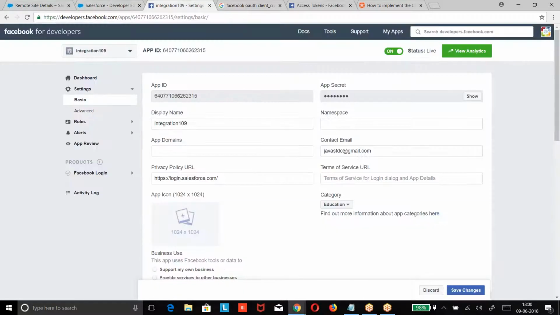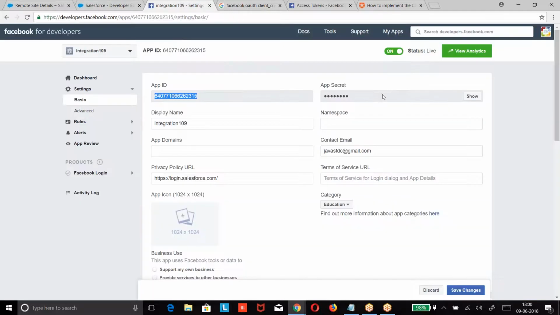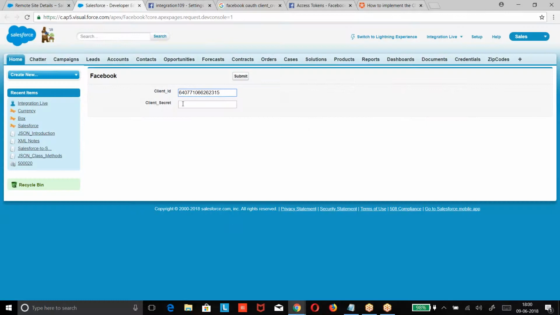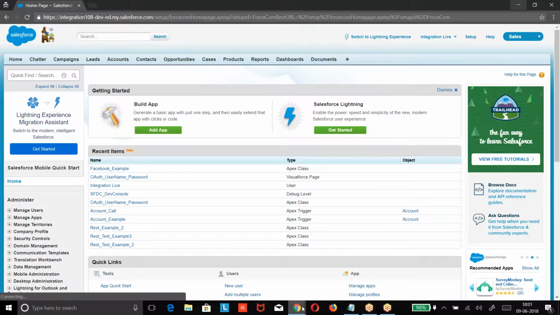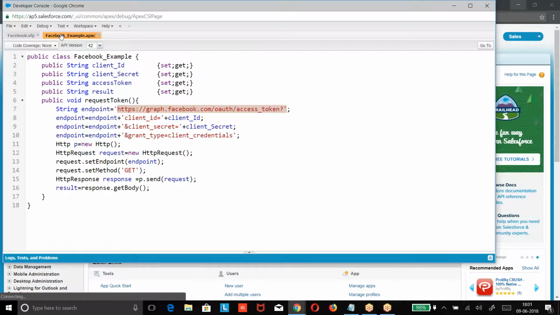We had a client ID. Submit. So what did we receive here? Access token. Once we received access token, we can request whatever the resource we want from the Facebook. Once you receive the access token, that means we are connected to the Facebook. We are able to get the connection to the Facebook. If you are able to get the connection, you can request whatever the data you want from the Facebook, looking at the corresponding service URLs.